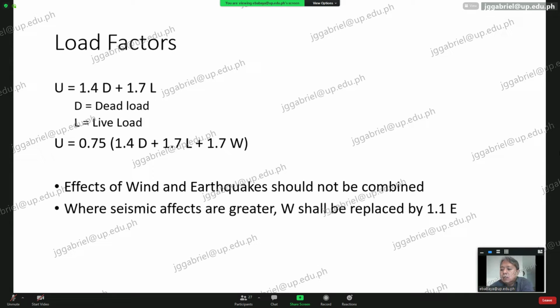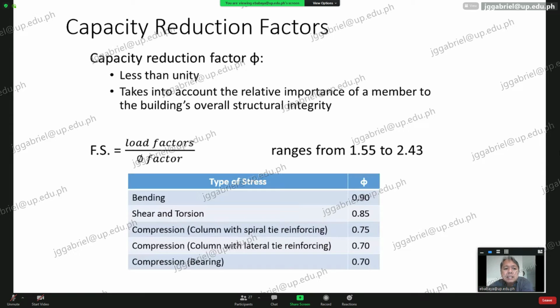Of course, the location of the building, where it is located. If earthquakes are occurring often in that place, then that is a bigger factor. Now, the amount of earthquake load is also influenced by the weight of your building. That's the reason why we have to optimize our structure so that it's not too heavy, so that earthquake loads will be less.